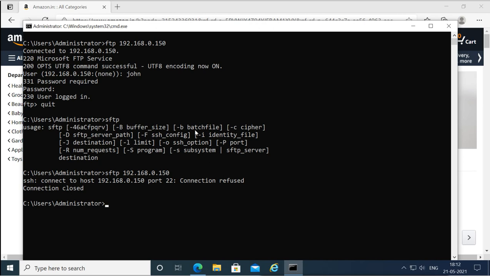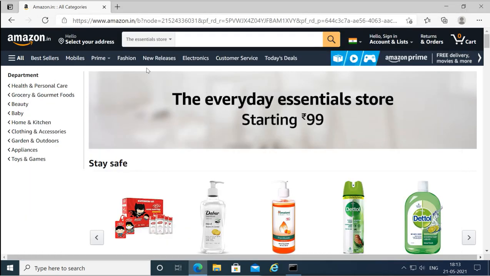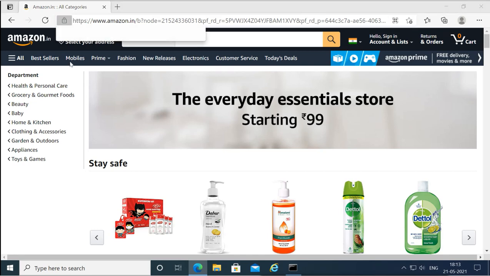So we should always use a secure connection instead of this unsecure FTP connection, and not use HTTP. Always use HTTPS, which is secured by the lock and the certificate, like this. This is not HTTP, it is HTTPS, and it is secured by certificates.